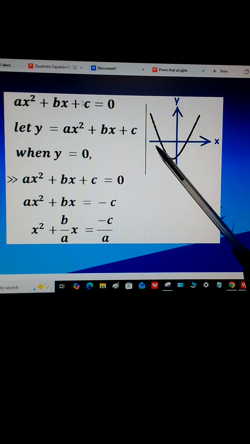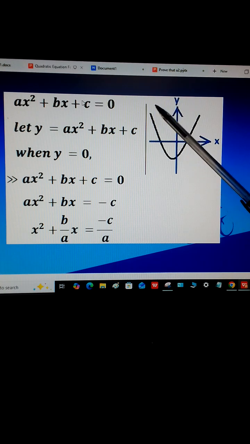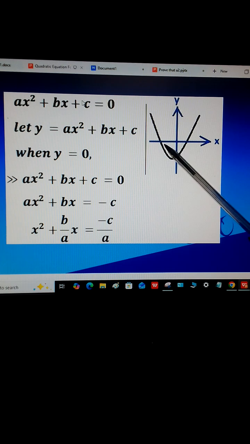So when y is equal to 0, the curve cuts the x-axis at 2 points. And those values of x, where the curve cuts the x-axis, are the solutions to that